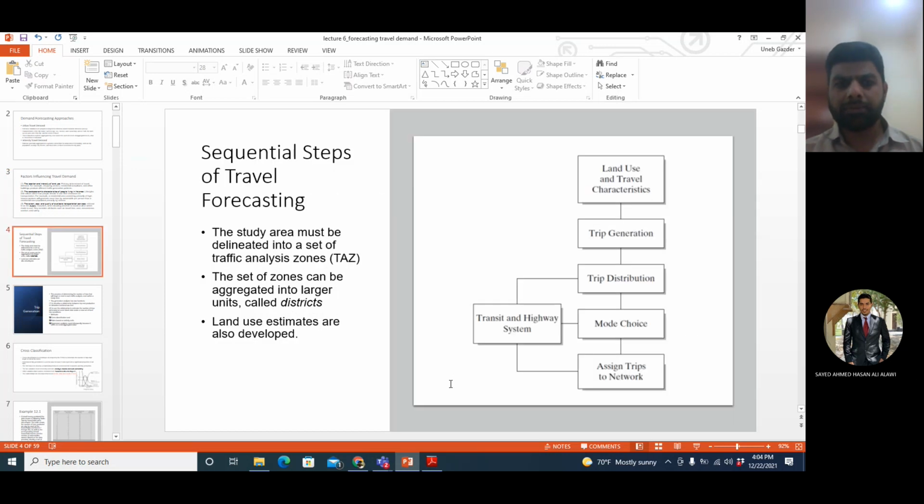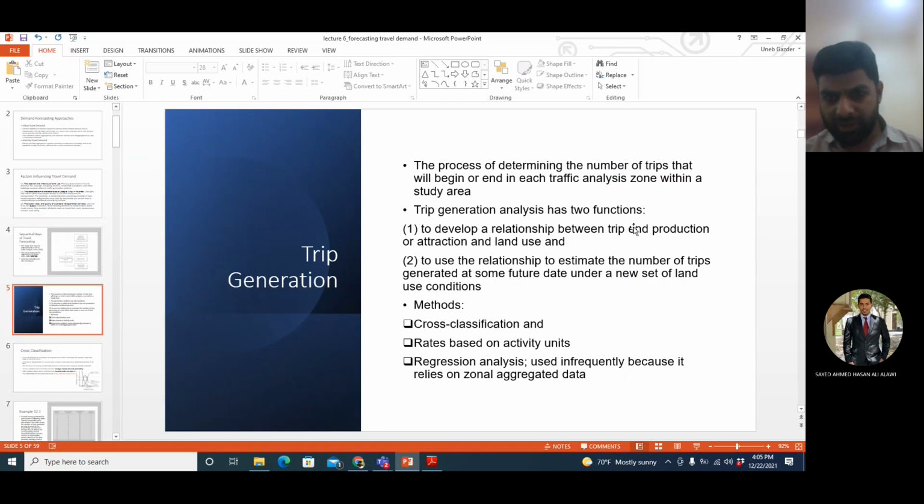And then these are the steps which are involved in the forecasting of travel demand, to find out the land use and travel characteristics. And then these are the four stages of travel demand modeling. And we were discussing the first stage, which is trip generation. In trip generation, we are basically trying to find out how many trips will be generated from each traffic analysis zone. And there are three methods to do it: cross classification, rates based on activity units, and the regression